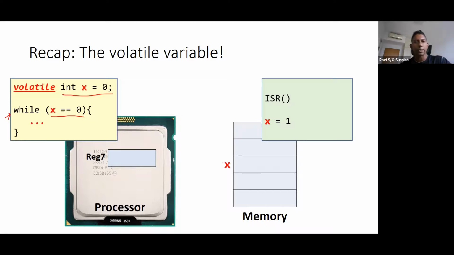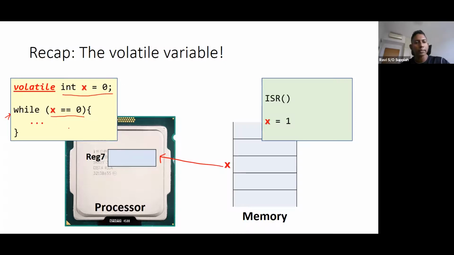Whenever you want to access variables, your compiler will first transfer that data from the physical memory to an internal register. Different processors have different designs in terms of how many registers they have, but there will definitely be some internal registers for you to use.